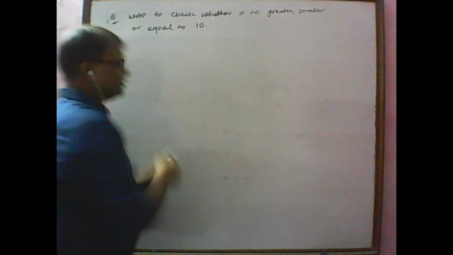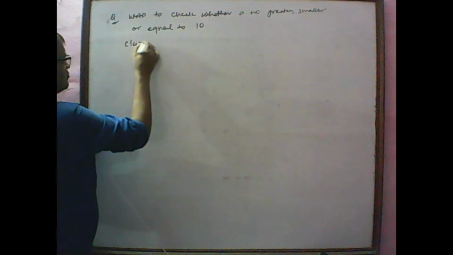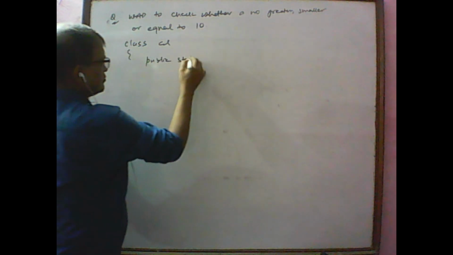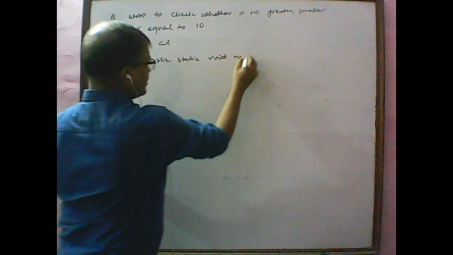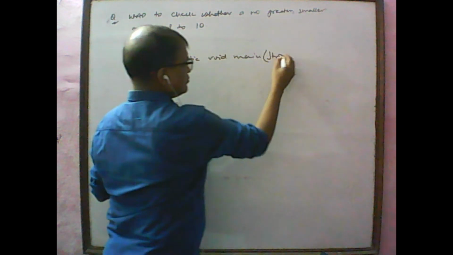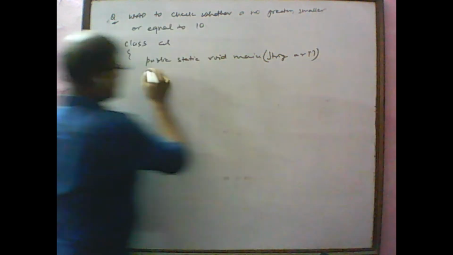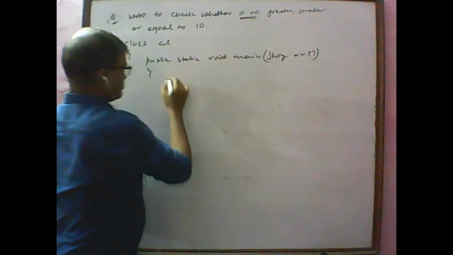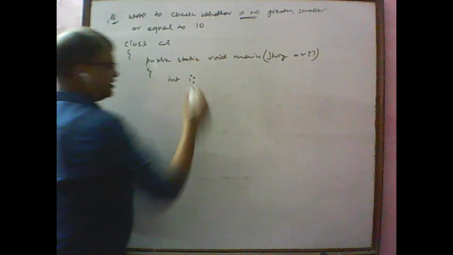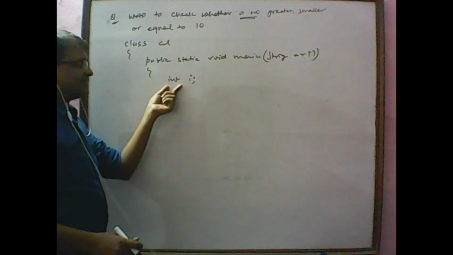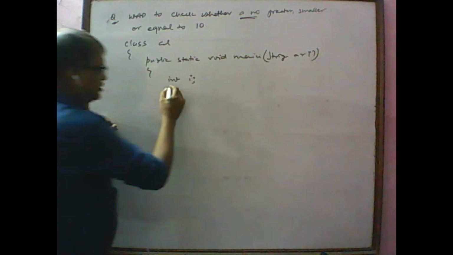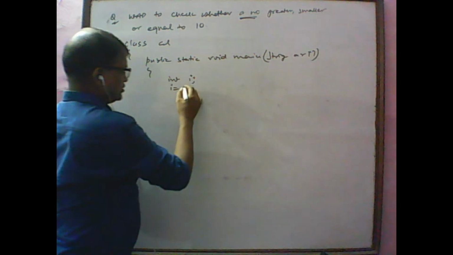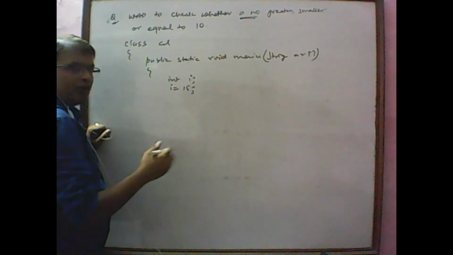How to proceed? Start with class, public static void main, String args. These are the basic syntax which will remain in all the programs. Now we have a number: int i. Declare a variable i of integer type for the number. Now store some value in i. You can use any value, it depends on you what you want to take. Suppose 15.